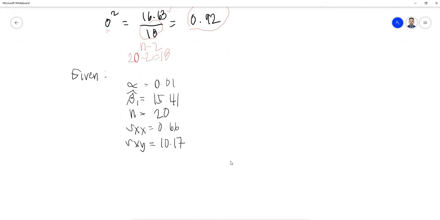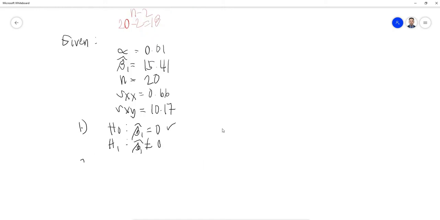Our null hypothesis here is that slope is equal to 0, and the alternative hypothesis is slope is not equal to 0. Note that failing to reject the null hypothesis means there is no linear relationship between variable x and y. Our given significance level is alpha 0.01,